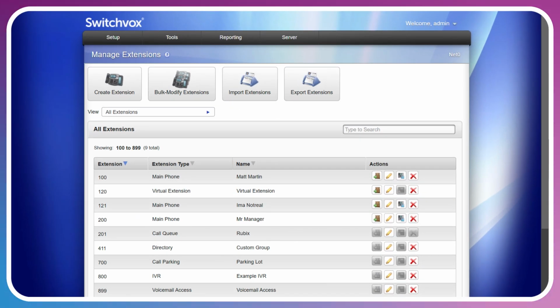In theme with preparing for our extension setup, we'll talk about parking lots very quickly. We'll see on the extensions page we have a default parking lot 700, which means 700 can be dialed from any phone to reach this parking lot, or a call flow could route to this extension to hit the call parking feature. Now, the reason this is part of extension setup is you're going to see it not only in the extension creation, but also for extension creation. It'll list the default. So let's see what the options are.